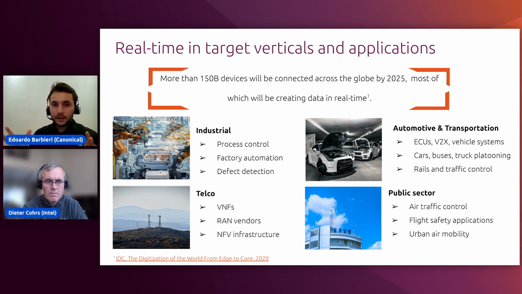There are many other broad market applications than the ones listed here, and this also implies that the requirements on the real-time performance will vary as a consequence. So enterprises require different levels of real-time tuning because of all the different latency requirements and cycle times that are needed for different use cases and verticals.